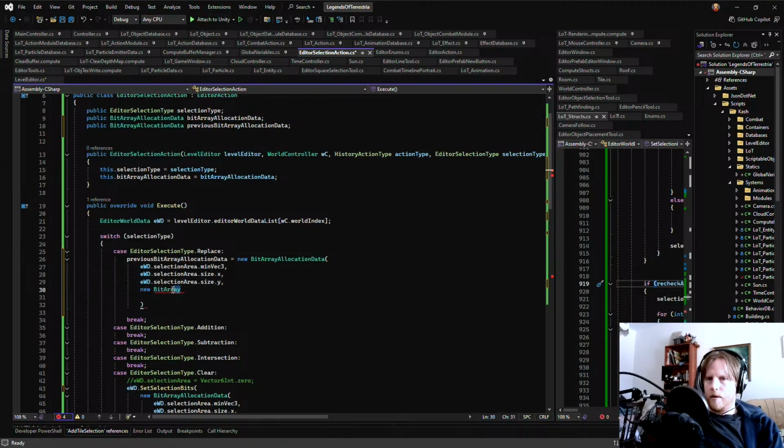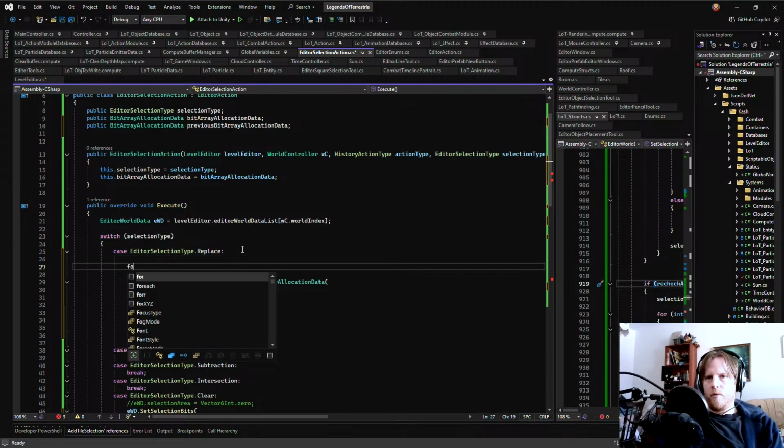And this bit array needs to be created with a for loop.